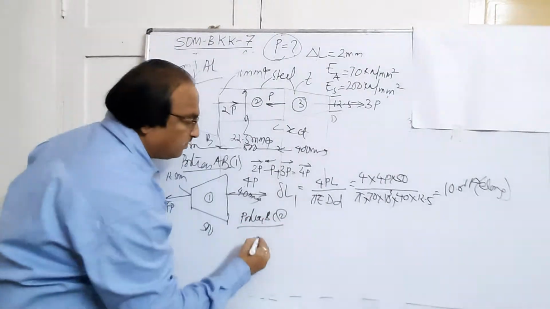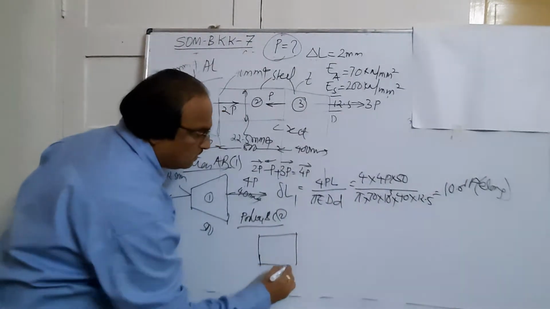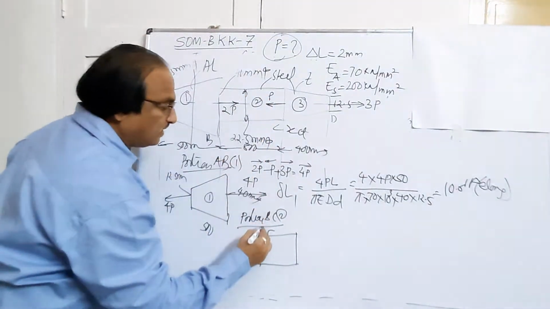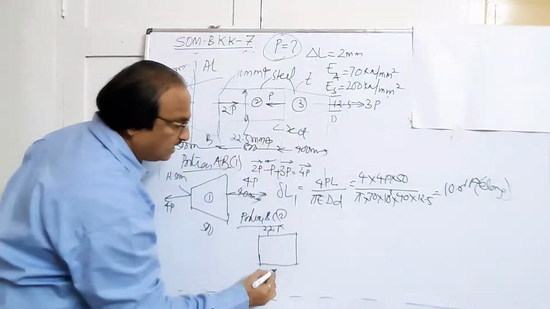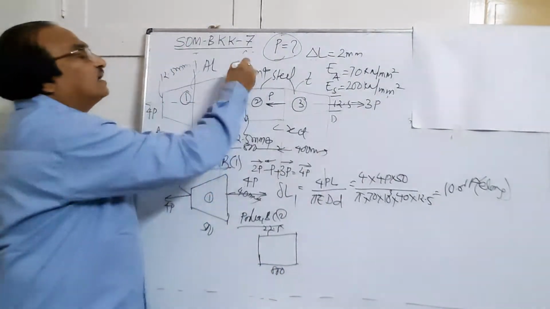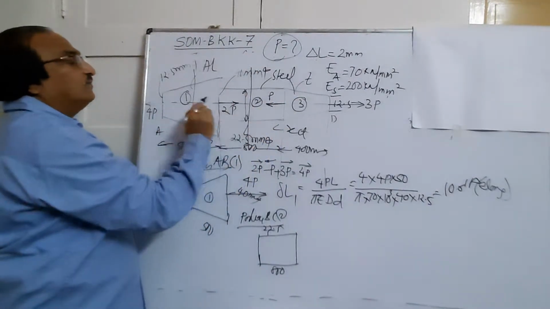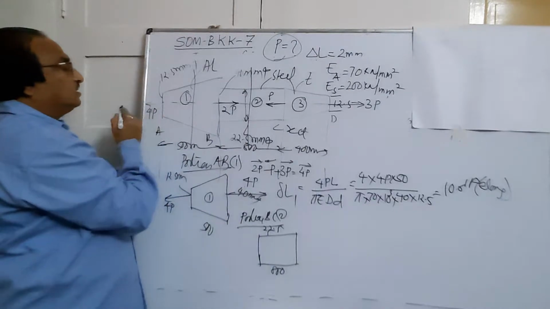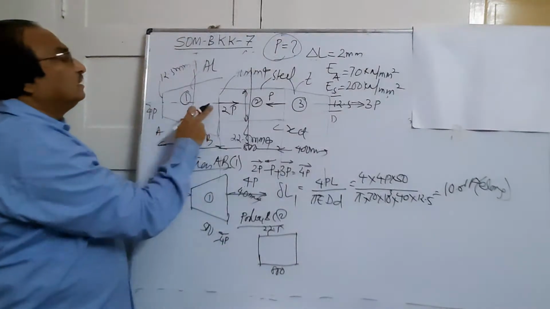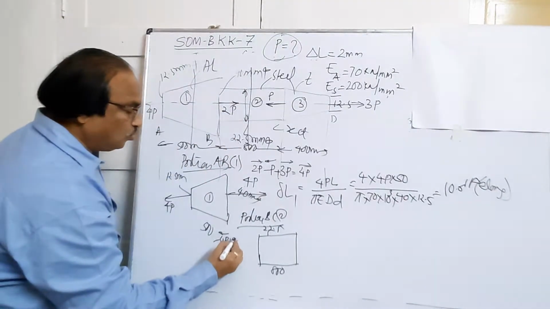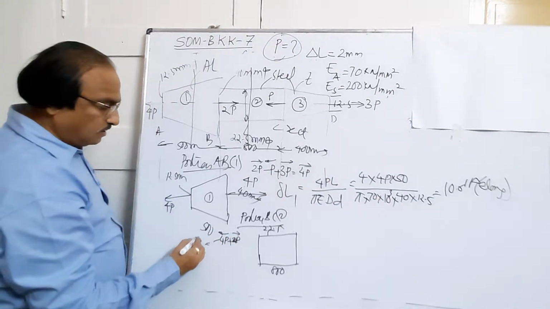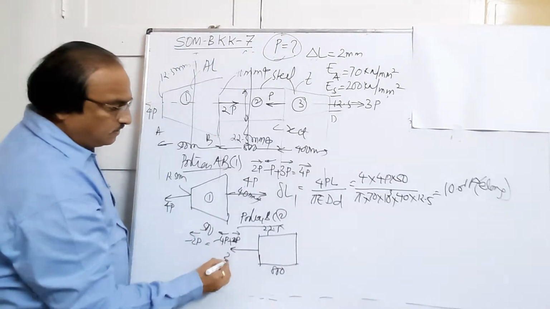BC or 2. So if I take it out, cut it out, it is having a diameter of 22.5 mm. It has got a length of 800 mm. Now you will have to determine the loads that are acting. Now if I cut it into two portions, left and right, on left side there are two forces acting. So this is minus because it is left. So minus 4P left. This is right, plus 2P. So what is the net effect here? It will be minus 2P. So minus means it is towards left like this, 2P.